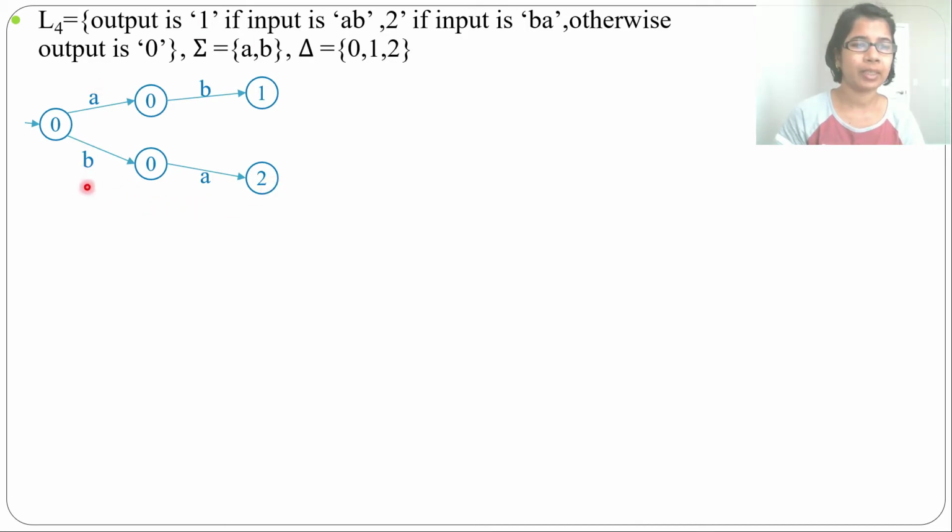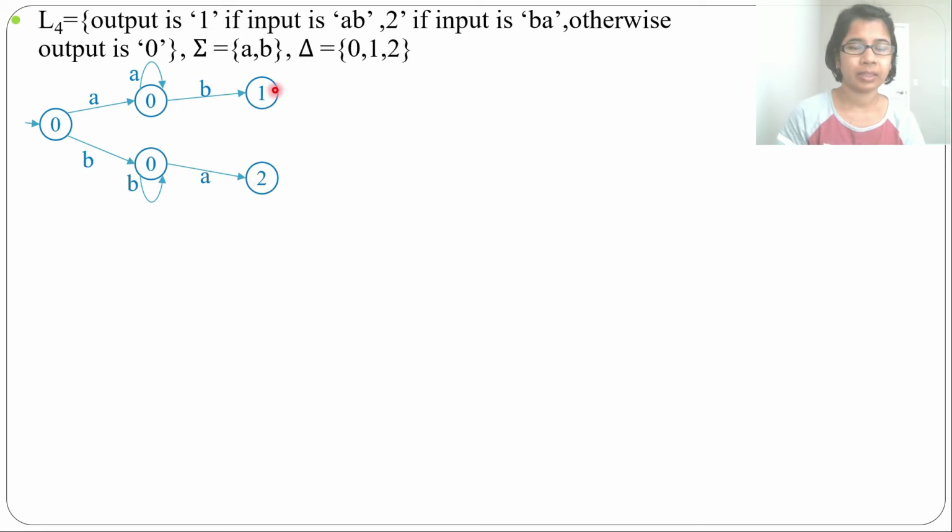Now we'll just fill in the rest. For this state, the AB transition is there. For this state, only the B transition is there. So you need to make the A transition. For the A transition, you can do a self loop, because after the self loop, it will also be AB. So it will be A, B. Then do it for this state, here the A transition is there. For B, also you can make a self loop. After the self loop, it will also be A.